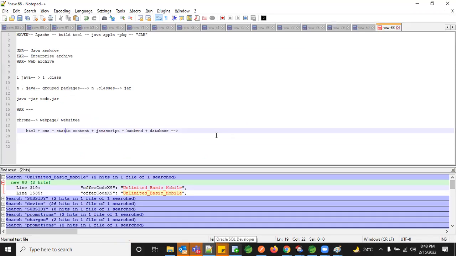But you said EAR will contain multiple jars and multiple HTML, right? War. Then how about EAR? It is also similar to that, right? Like it contains jar and HTML only, no? EAR also. See, war is like a combination of your front end web application related things and the backend application. Okay. Whereas in the EAR, it is not like exactly like you'll have only web application or only jar. It will be additional things. You have middleware things also.